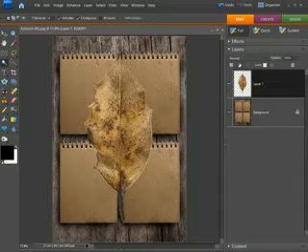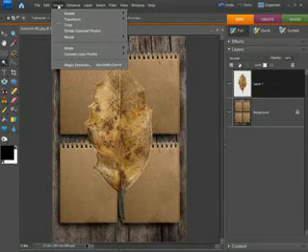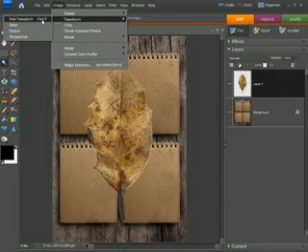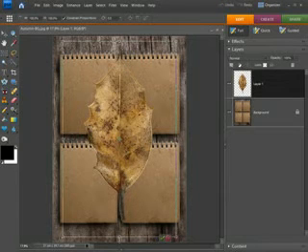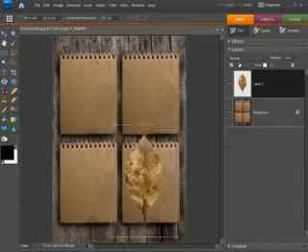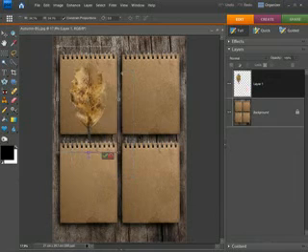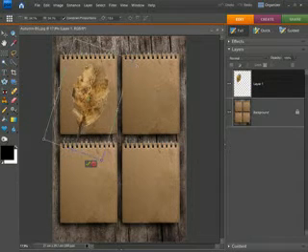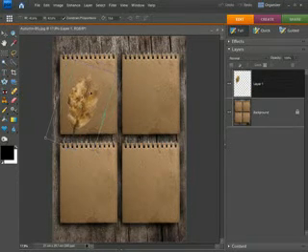But as you can see, it's way too big, much too large. So let's make it a bit smaller by going to Image, choosing Transform, and then Free Transform. It's worth checking up here on the options bar just to make sure you have Constrain Proportions ticked. That means when you drag in the corner handles and shrink your leaf, it doesn't squish it down and put it as a bit of a strange shape. It'll keep it all proportional.